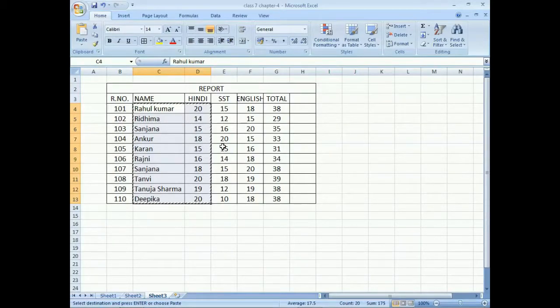After that, select the cell where you want to copy the data. I want to copy this data in the same sheet number 3, so I'll select the cell L4.